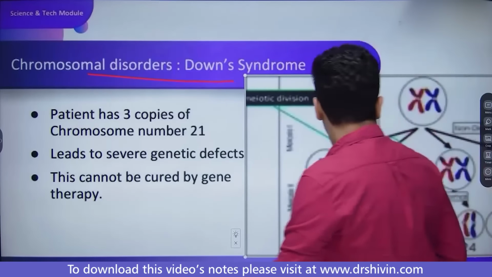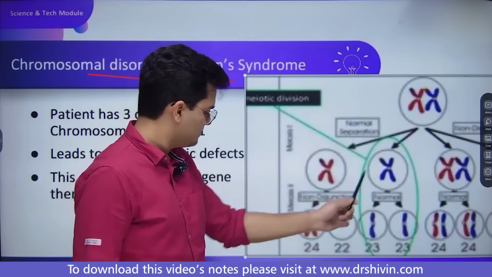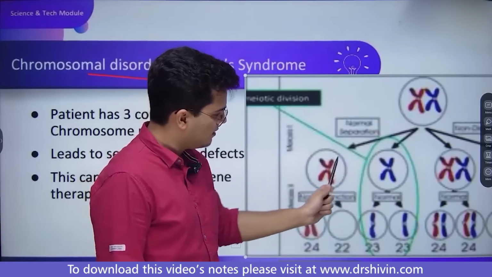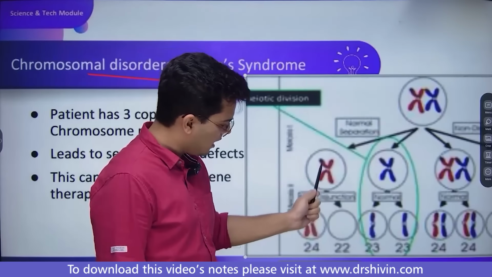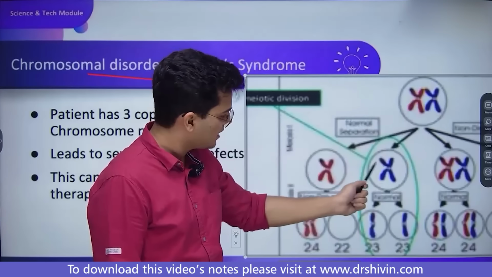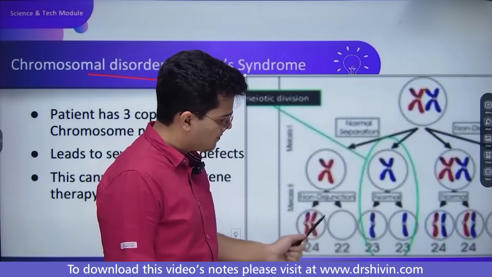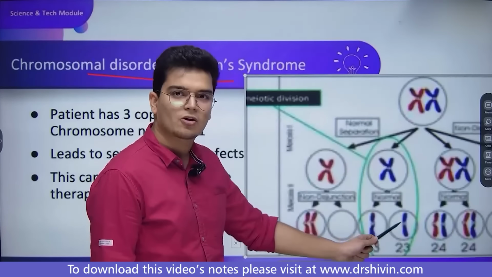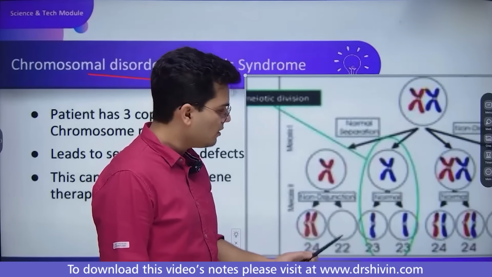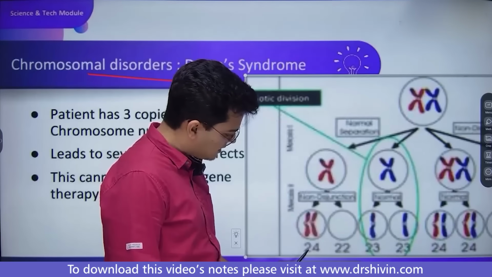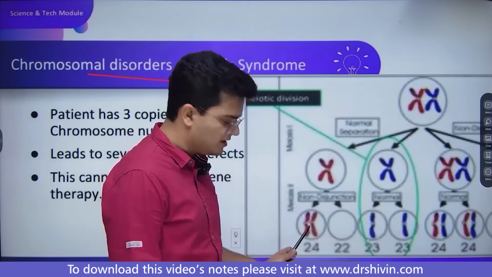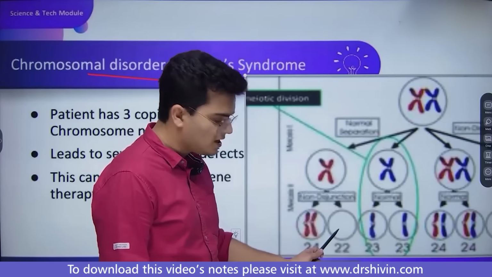Okay. So originally ये divide हुआ. This divided. यहाँ पे पहले double हो गया genetic material. अब split होना था. Like now after doubling, first doubling happened. Now it had to split equally in 4. But what happened? इन दोनों को तो normal एक एक क्रोमोसोम मिला. इसको दोनों मिल गए, इसको एक भी नहीं मिला. तो क्या हुआ? यहां पे this cell has 24 chromosomes, this has 22, 23, 23. ये नॉर्मल है, ये नॉर्मल है, इसमें एक्स्ट्रा कॉपी है, ये अब नॉर्मल है क्योंकि इसमें